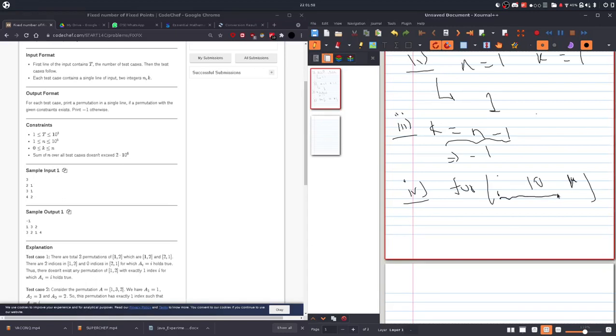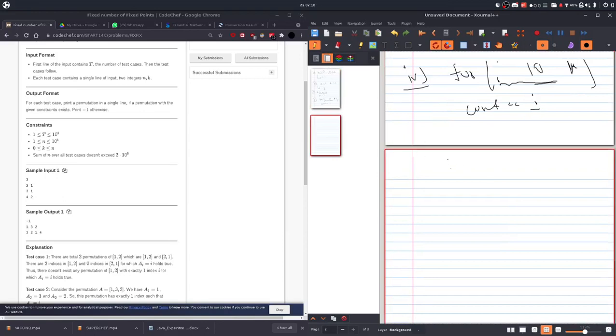Okay, we will talk about that later on. So we're gonna find a permutation where we do this till k, and at that time we just gonna print out the values of i, because we are gonna find where a of i will be equal to i.